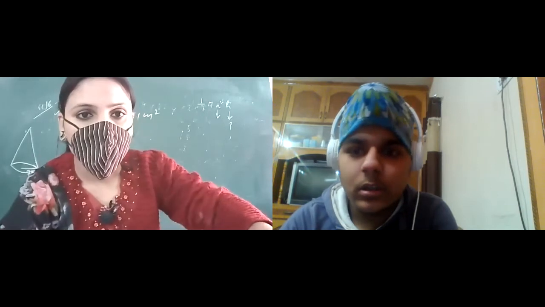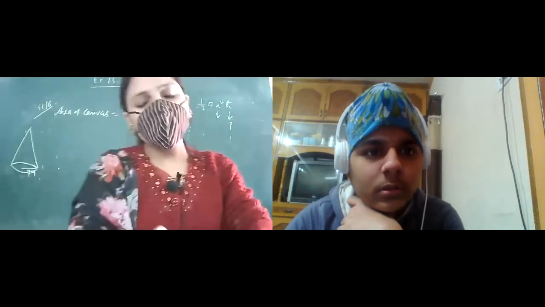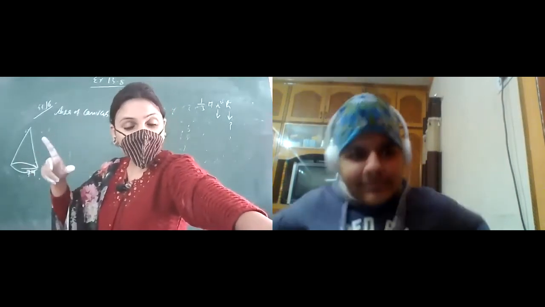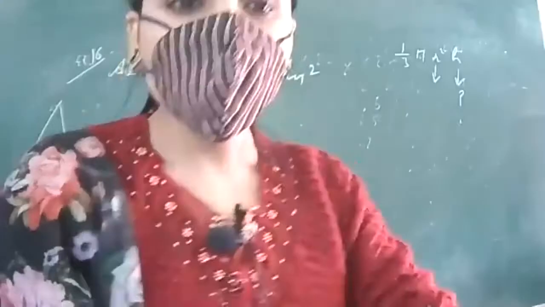We need L as well, ma'am. Absolutely right, that we need L as well because we have done the relation between L, H and R. Nice. If out of L, H and R, two things are known, only then can we find the third. Joseph Rup is so happy as if he has won 1 crore in Crorepati. This should be the happiness. Only then we can come forward to face the challenges of life.